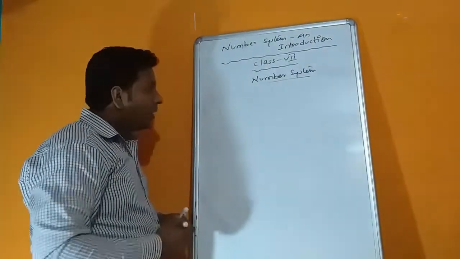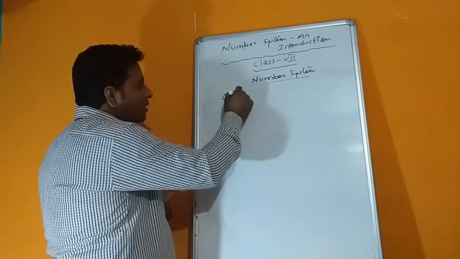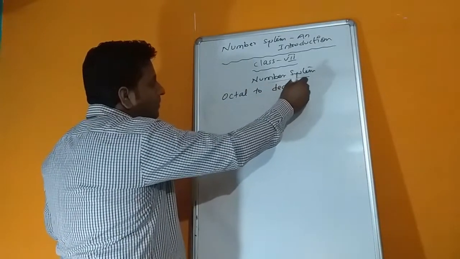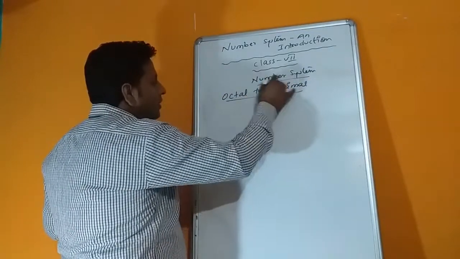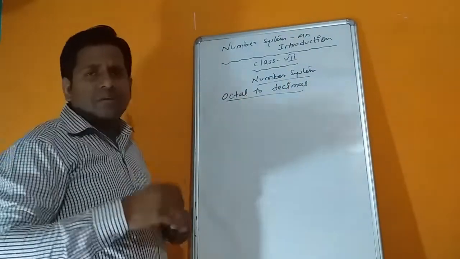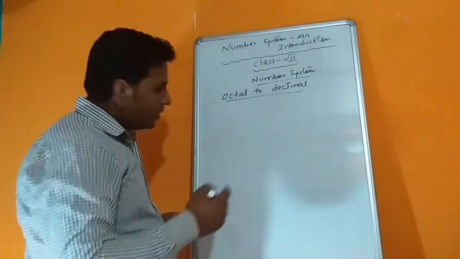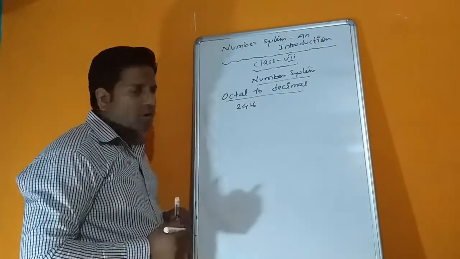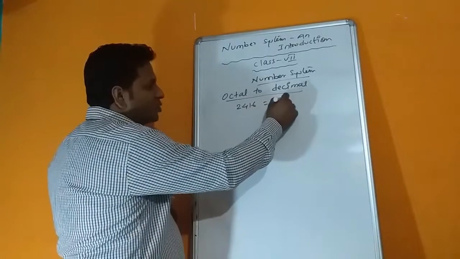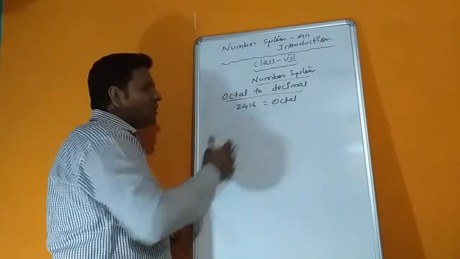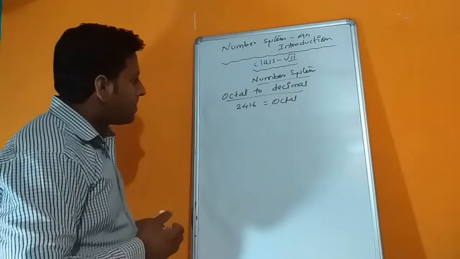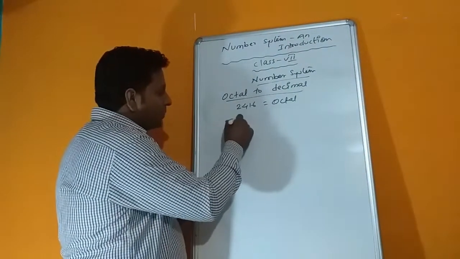So see the next, that is octal to decimal. So children, how are octal numbers converted to decimal forms? Let us take one example, 2416. Let us take this one as octal because it has all the digits between 0 to 7. Okay, now to convert this one,